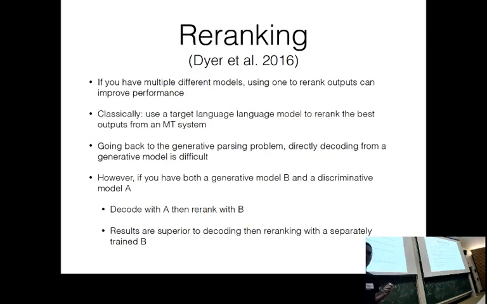Another potential thing you can do is re-ranking. This was done classically in machine translation, a lot of the time with a language model. You have your translation model produce a bunch of possible outputs in the target language. Then you have your language model, and you use it to score all of those possible translations, and you re-rank based on the language model score. You can do something similar here with